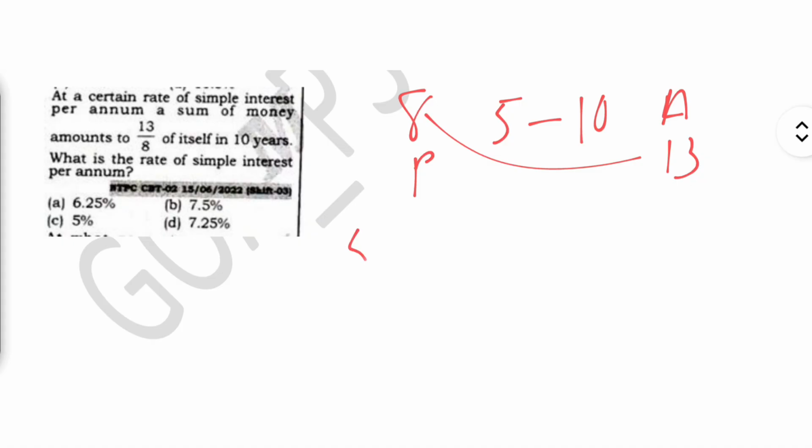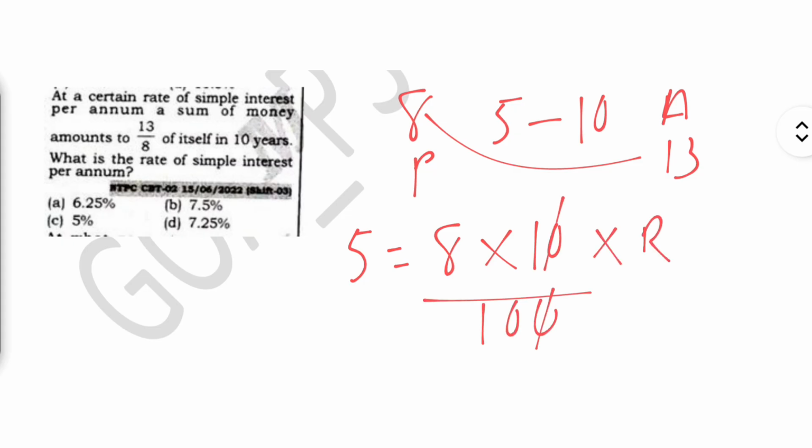So that is nothing but simple interest is principal into t into r upon 100. This and this gets cancelled. 2 fours are 8, 2 fives are 10. This is nothing but 25 upon 4, which is 6 point something. So there's only one option which has 6, that is option A. Okay,